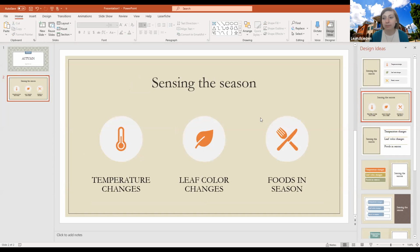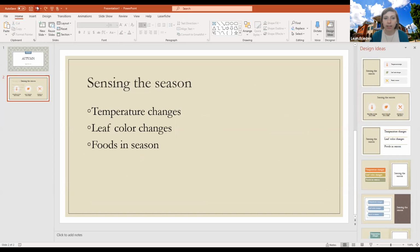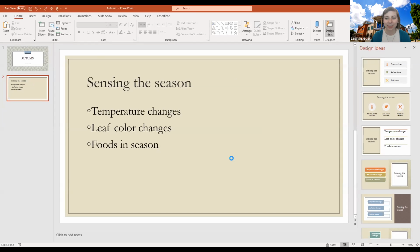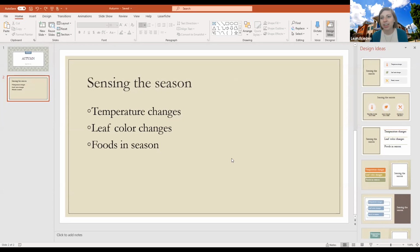So that's pretty neat, but if I click on it and I don't like it, I can just hit my undo button. That's up here in the left-hand corner, and undo it. And you know what? While I'm up here in the left-hand corner, I'm going to go ahead and save my PowerPoint. Something weird might happen today, and my computer might suddenly shut off or something like that, and I don't want to lose my PowerPoint. So I'm going to hit save and call it Autumn. There we go. And you'll see it has changed the name at the top to Autumn instead of